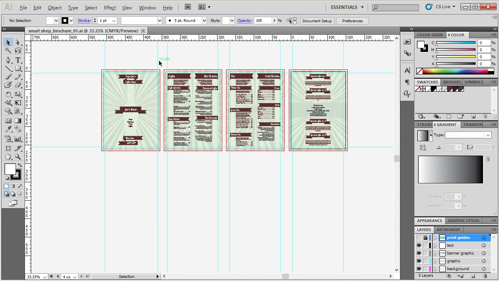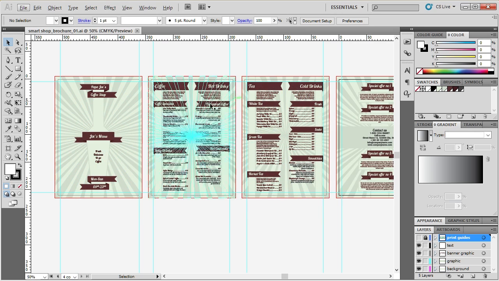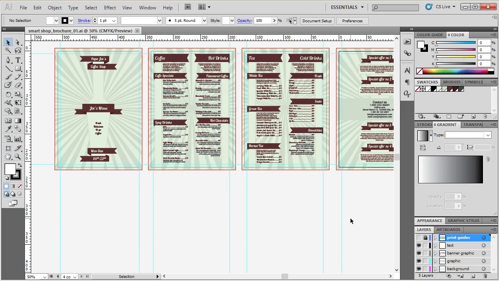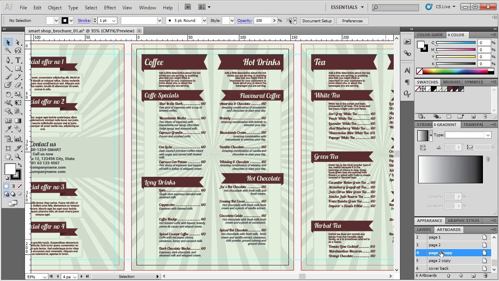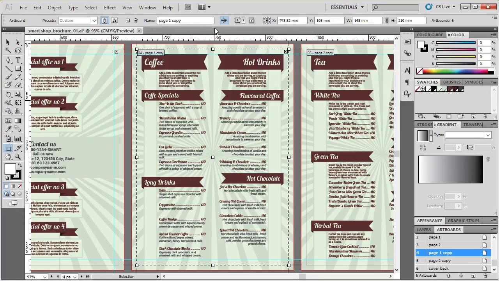Now, you can add your pages to this template. Just simply duplicate these artboards. The way to do that would be to go to Artboards, select page 1 and 2 and duplicate them. Make sure to put these pages before cover back, and you can name them. We can go here to Artboard and name them, for instance, page 3, and then page 4,